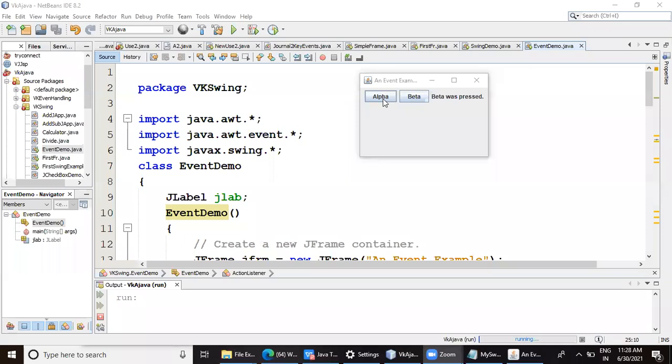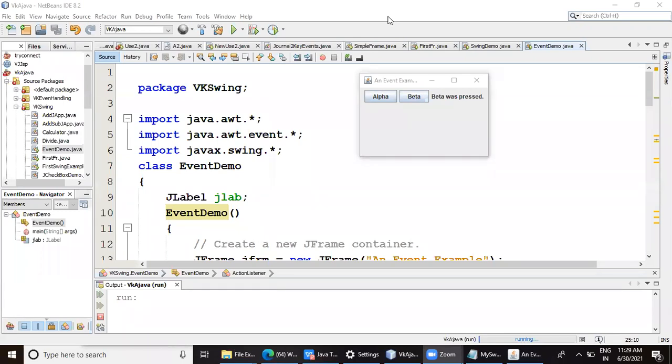Now, in the action perform method, to understand which button was pressed, how do we understand which button is pressed? Yes, chat replies. How do we understand which button was pressed?